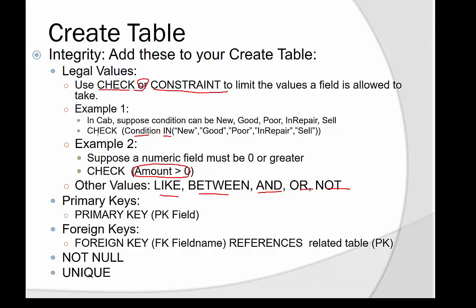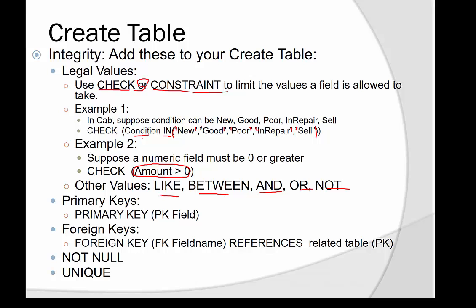You literally would write check condition in, and the in operator will take a set of parentheses, and this is the set of values. However, I do see this in error, as we indicated earlier, that your string fields can only have a single quote. So there's a comma separated list, and this is the set of values that you're allowed to have within the